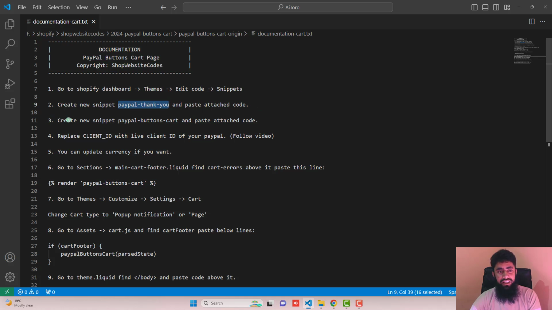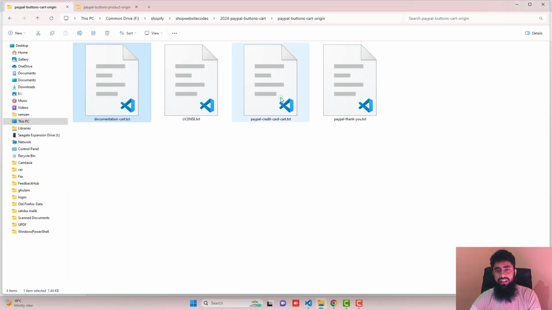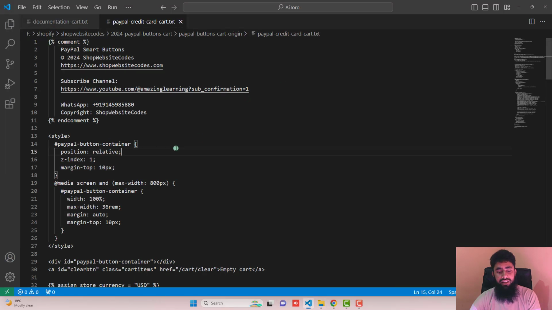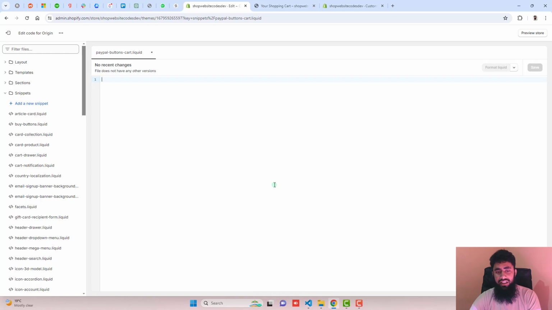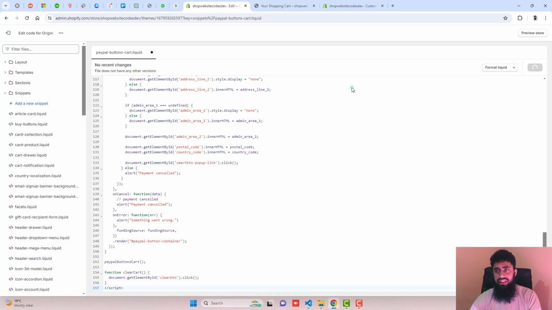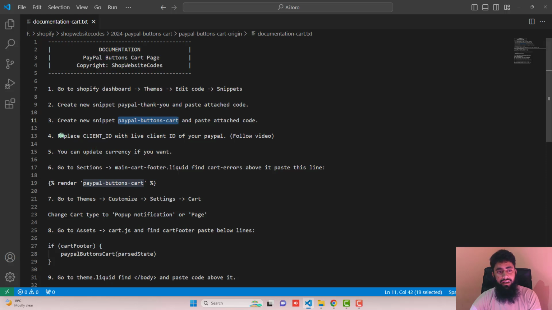So the third step is create another new snippet PayPal buttons -cart. You should copy the name from here, then click on add a new snippet, paste the name here, click on done, and then paste the attached code which is PayPal credit card. So you should copy this complete code and paste it inside of this empty file, and then save the changes and close it. Then you should go back and the fourth step is replace the client ID with your live client ID